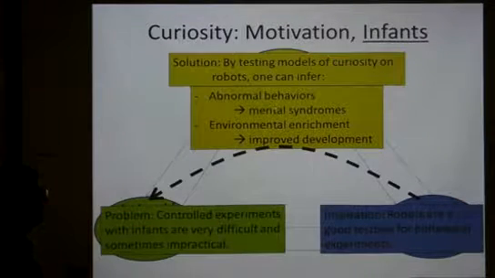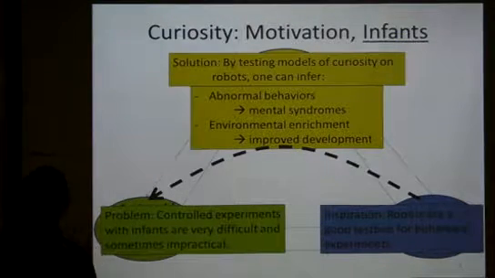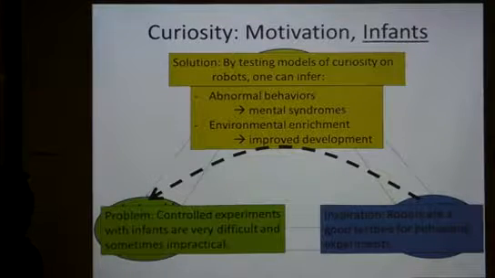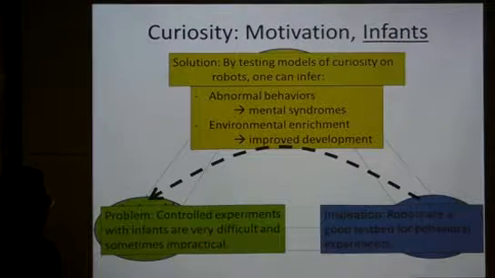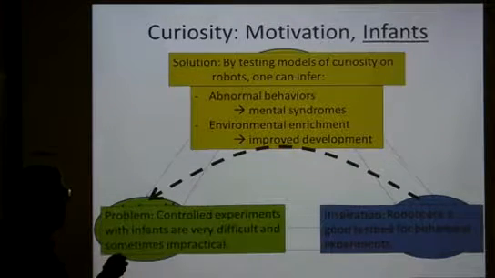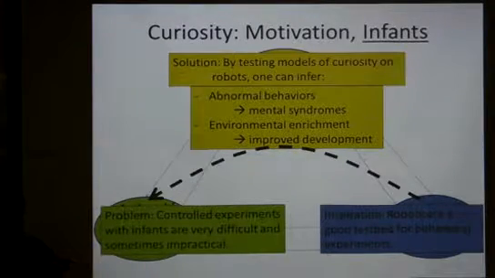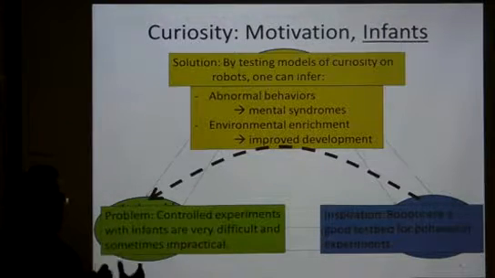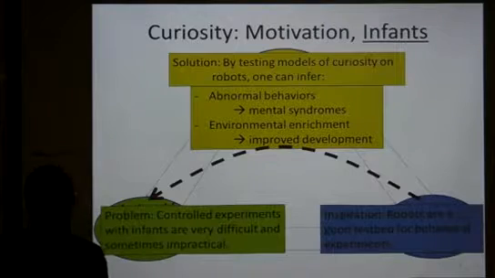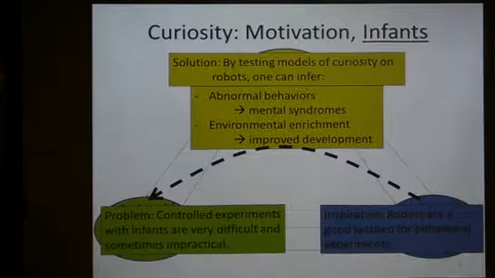So for example, you can have abnormal behavior. If you can see an abnormal behavior in the robot when you change one parameter, which suddenly looks like the behavior of an autistic child, then you can at least hypothesize that this parameter is somehow represented in the brain. It's something now called computational psychiatry by Peter Dayan.